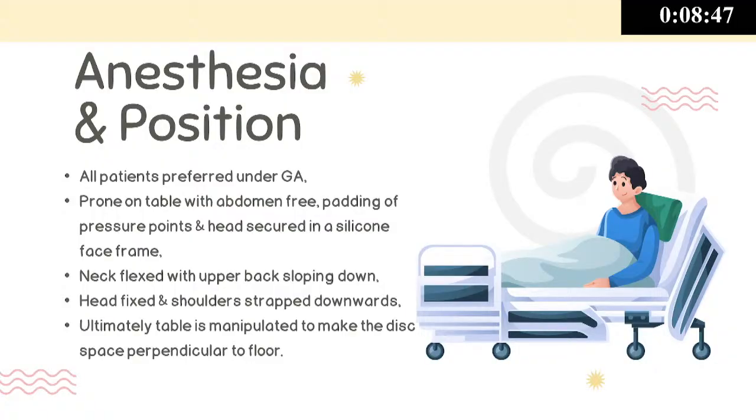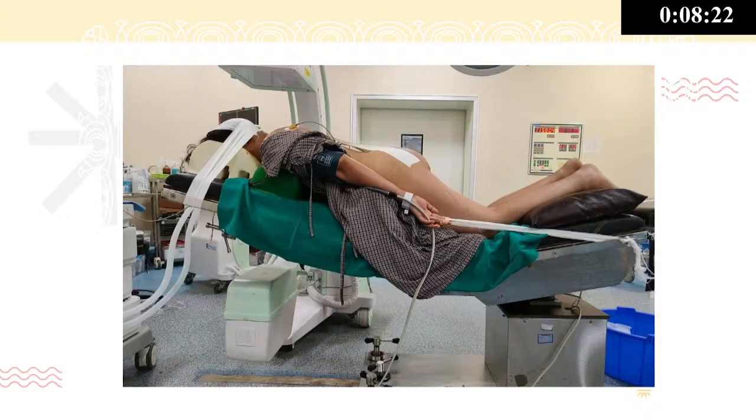Kyphosis, it is a deformity where we do not do a posterior surgery. Now, this is the standard equipment that you require that we've discussed earlier yesterday. All patients are taken under general anesthesia, positioned on the radiolucent bolsters, and the neck is kept flexed. I'll show you the image which will give you a better picture of how the cervical spine is positioned.